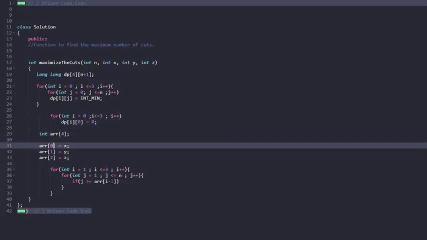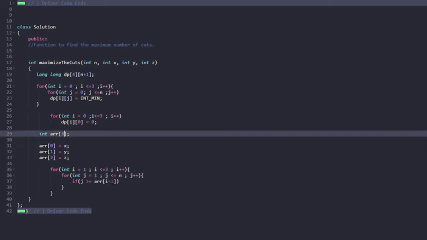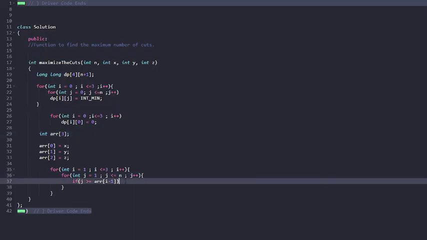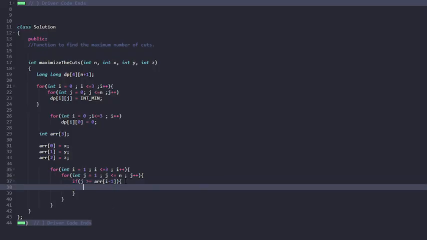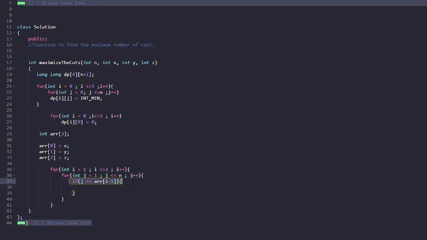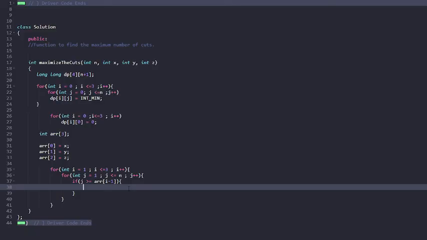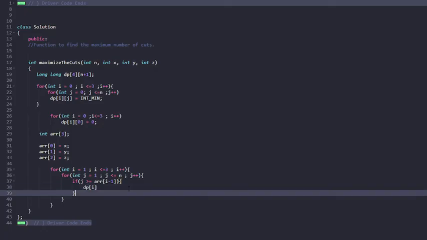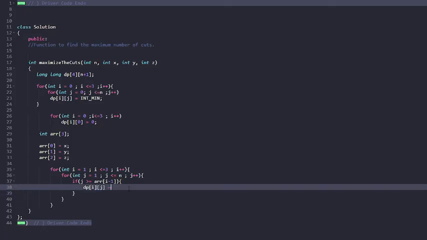So I will put here 0, 1 and 2, and let us take it as 3 normally, right? Consider it as 3. Now if I have j less than 0, you can see how I can utilize this indexing. So this condition means that the current line segment I am having has length greater than the cut segment I am currently allowed to do. That means it is valid. So I have a choice. I have two choices for this cut segment, that is either to pick it or not pick it.